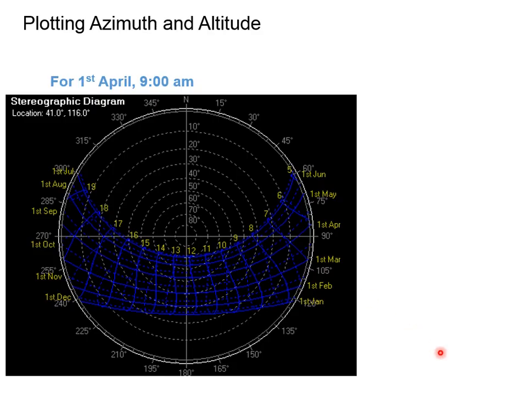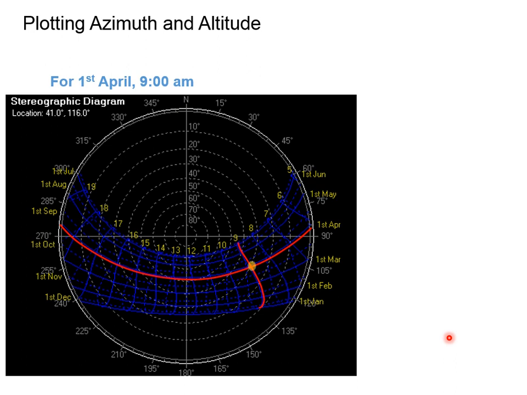Now we are going to see a small calculation, where the location of the sun, the altitude and azimuth angle are going to be calculated. We have a location at 41 degrees, almost like Russia. We have it for 1st April at 9 AM. First thing is April, so this is the day line, 1st April, and we understand the time. 9 AM is the time, so we draw this time here.